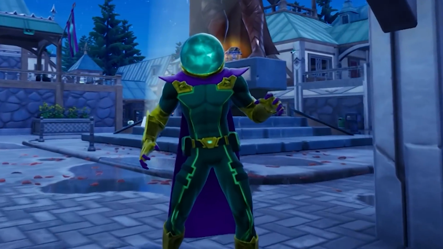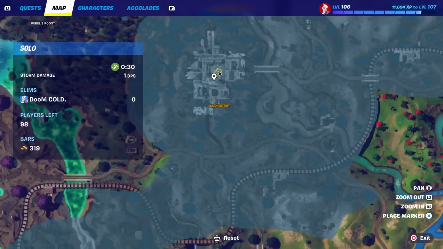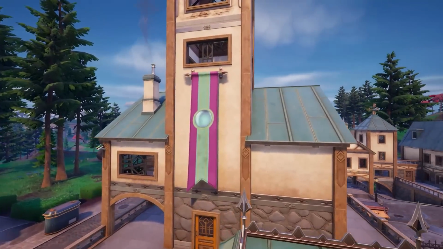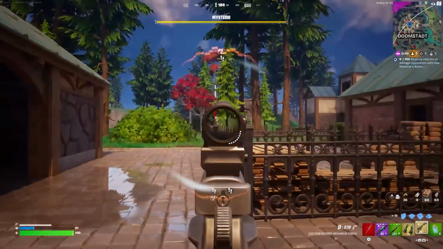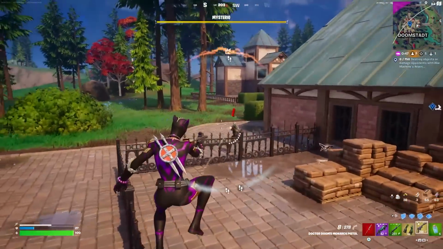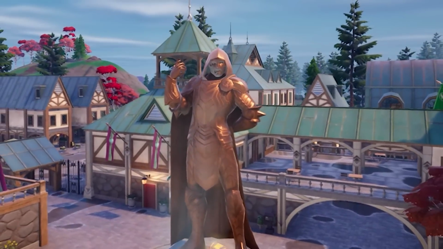But moving on, we're gonna take a look next at the Mysterio boss, which you can find at the Doomstadt POI. That's kind of just in the northern part of the map, pretty close to Castle Doom. Doom's tactical grunts are also here, so if you go straight here, you can still hire one. And basically, you'll be able to find Mysterio just walking around right in the middle,